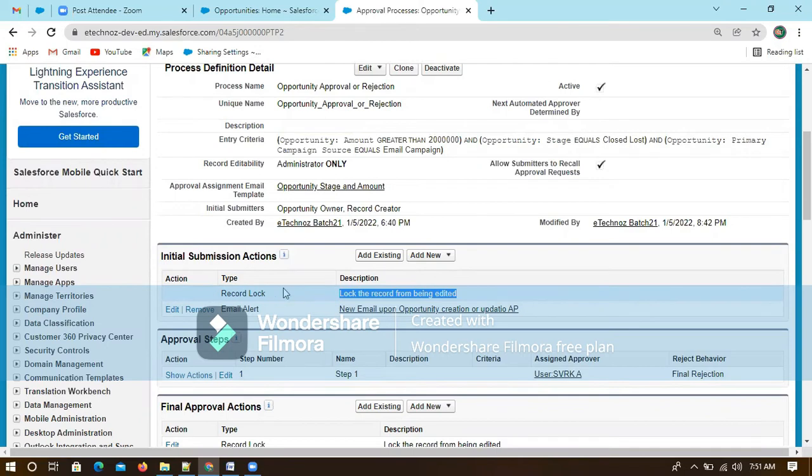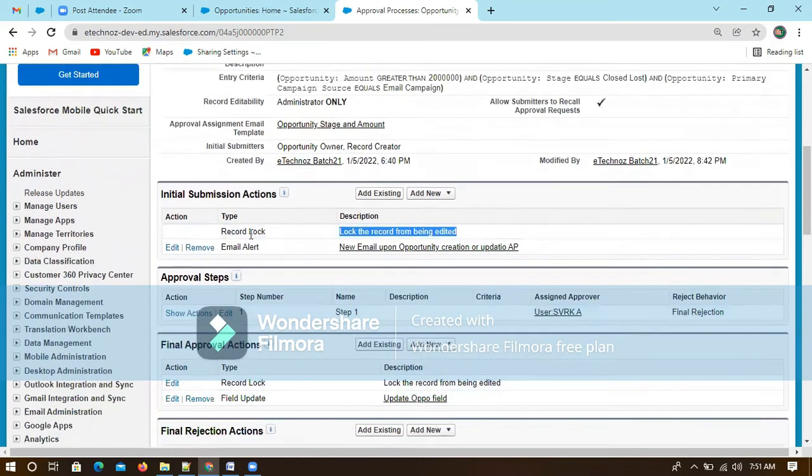Other users can't edit this record. Once it is submitted, until it is approved or rejected, it will be locked. You can also modify this if you edit it, and you can also do initial submission actions.